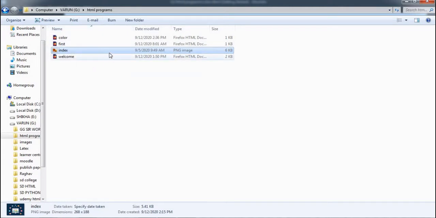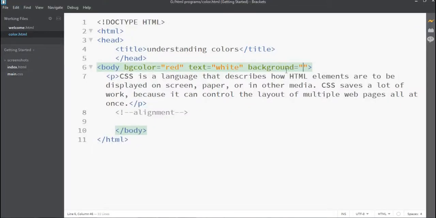As this file is saved in this folder and this image is also present in this folder, when I'm trying to use it, I'll just simply mention the name of the file. No need to mention the whole path. So you should also prefer to use the image where this particular file is saved.